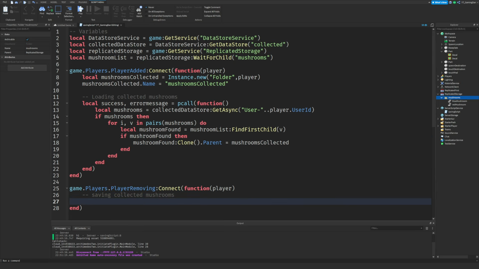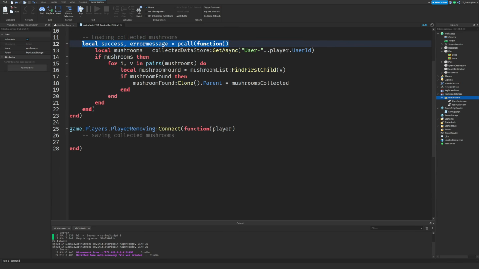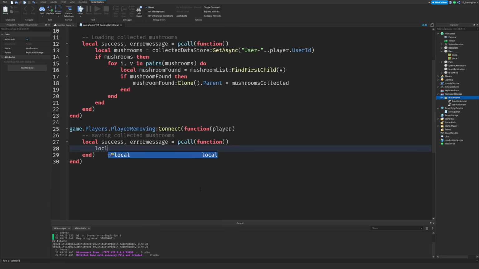And now I'm going to go ahead and make another one of these. So local success error message equals p-call function. I'm going to put that in there. And now we are going to do this. So local collected save equals this. Wait, no, sorry guys, the curly brackets. What's happening here? We're just creating a table which will host all of our things that we are saving underneath the collected thing. So for i and then mushroom in pairs,